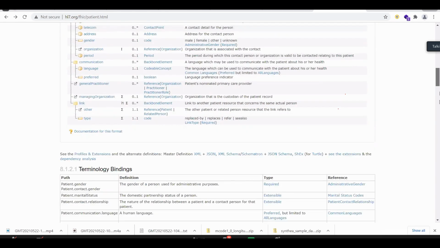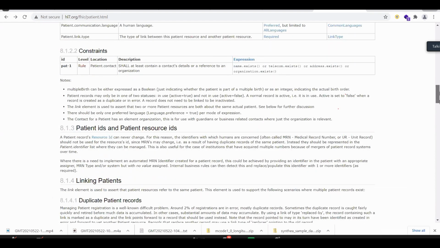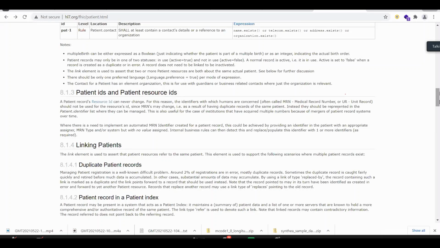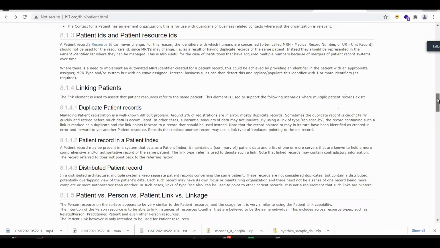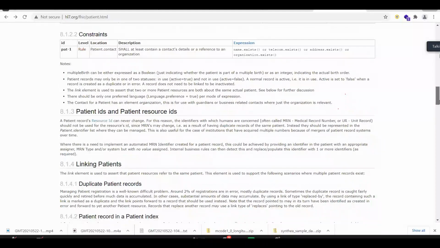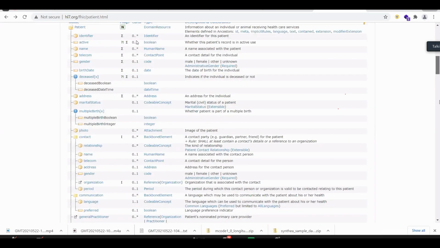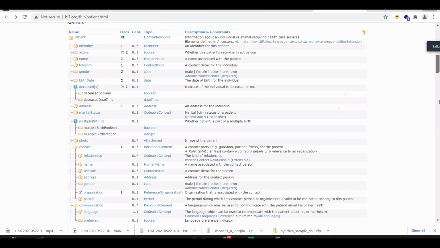I will pause here and let every one of you explore. If certain sections do not make sense on this page, or if you understand everything, we will move to the next part of the session. Just keep in mind that at a high level, there is a scope, there is the description of the resource, there are attributes. The attributes have a very good language defined. And then the last thing that I would put